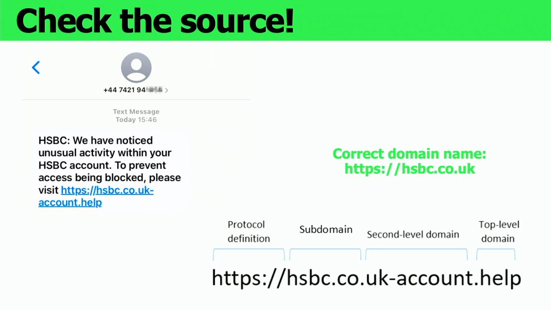On that picture, we can see that there is a major bank sending you a message that we have noticed some unusual activity on your bank account, and to prevent access being blocked, please visit this URL. As you see, there is also this moment of urgency, like to prevent access being blocked.